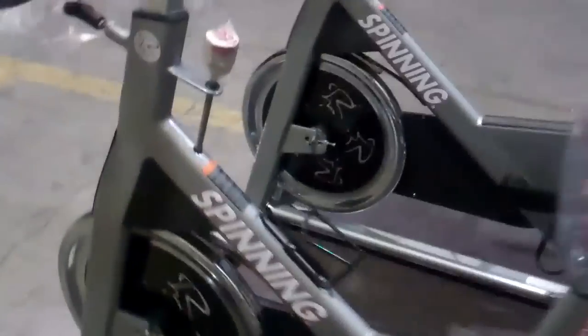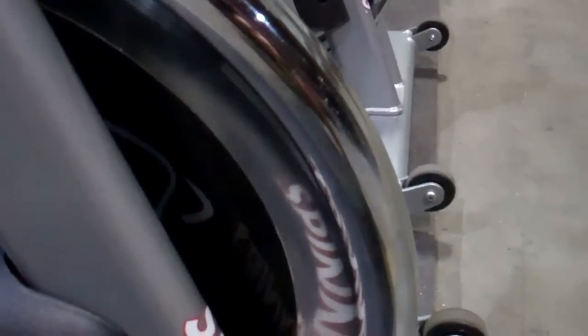The new 2012 Spinner home version bikes, here's an Edge and a Sprint. They have perimeter weighted flywheels, aggressive inertia producing. And I think this is key